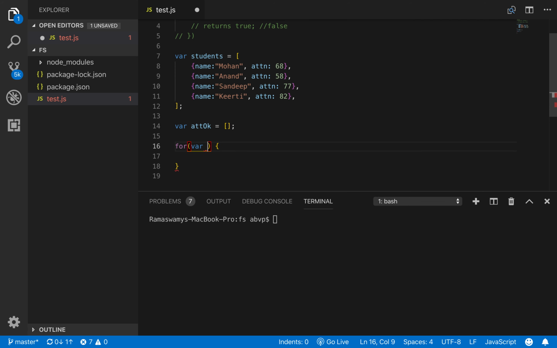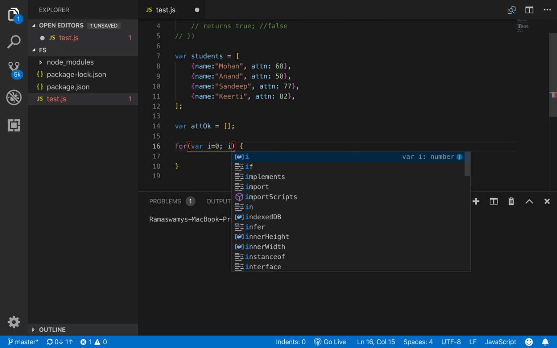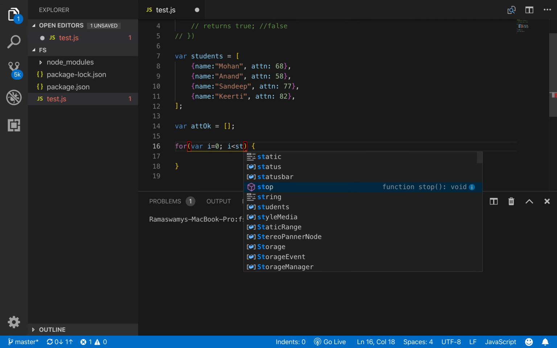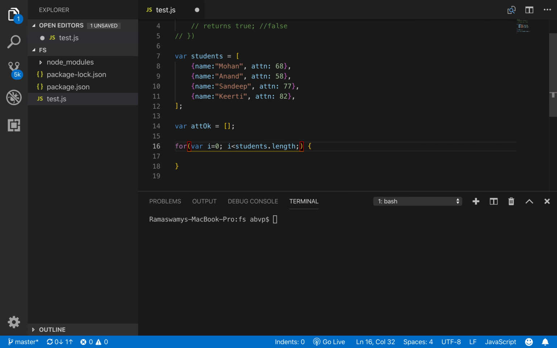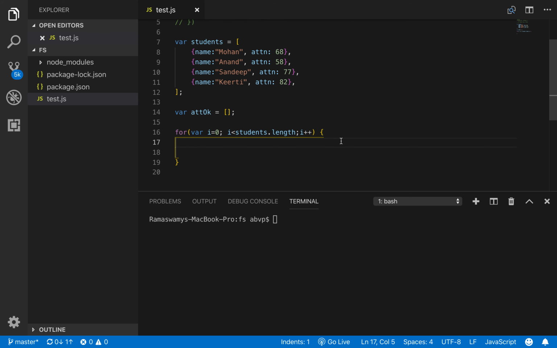So for variable i equal to 0, i less than students dot length, i plus plus, within the loop let us have an if condition that checks for the student's attendance to be greater than 65.